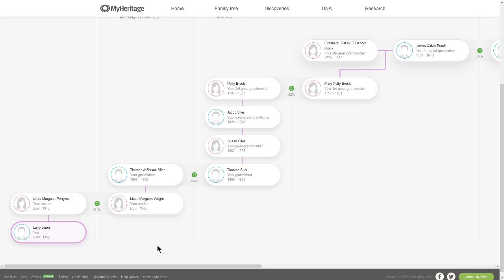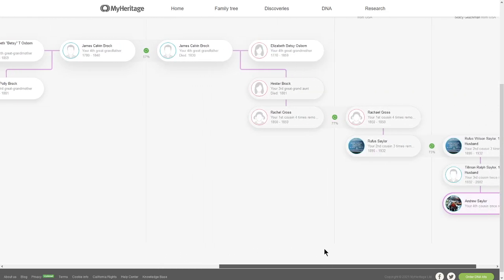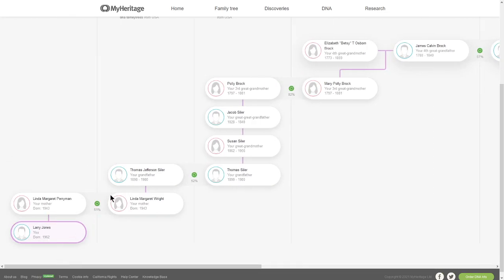The second thing is, this is not taking my tree into account. My tree should trump other people's trees. Yes, I get it. You're trying to make that connection, and that is the logic of it. So maybe either Ancestry or MyHeritage needs to come up with a checkmark filter that says use your tree as primary, use other people's trees as primary, trying to figure out how you might be related. The problem with that is